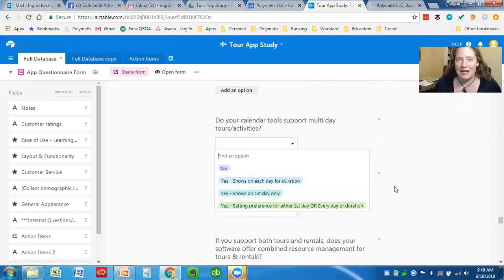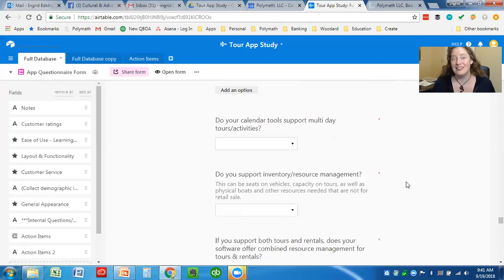But think about it this way. If you have a calendar and your guide is scheduled for a tour and they're checking their calendar really quick to see, you know, oh, can I go to Uncle Larry's wedding on the 15th of September? And they just look at the 15th of September and it says that they're fine. Well, they're on a 2-week tour right then. They've been booked for a while, but they're not thinking of that right then. And it's only showing on the one day that the tour starts a week before that. Now they've double booked themselves. So sometimes having the multi-day tour shown every day of the duration of the tour is important for some people.